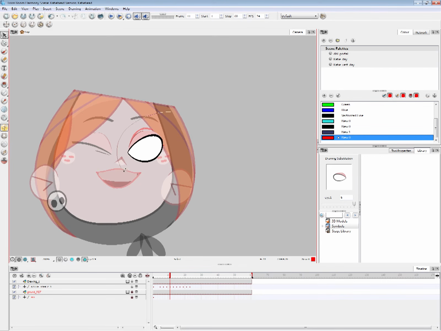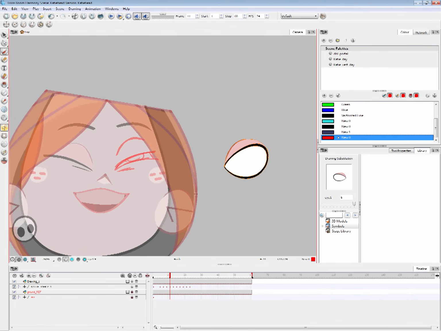If you find that you can't select the drawing here, you're probably in the wrong layer mode. So make sure preview line and color art is off so you don't get confused. And it's probably gonna be in the line art layer. So there. I'm just gonna move it over. And Alt B again for brush mode.